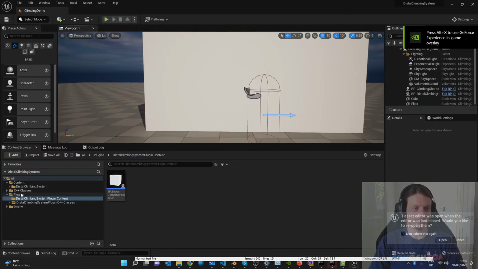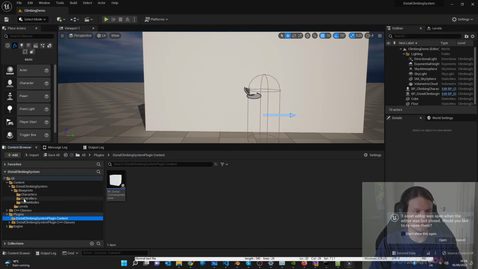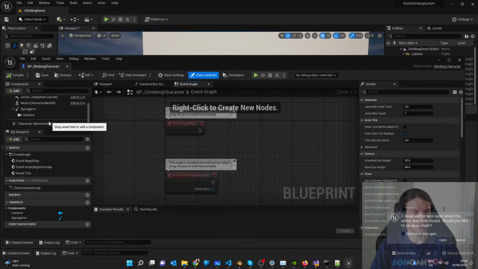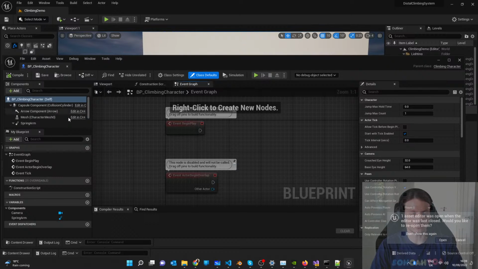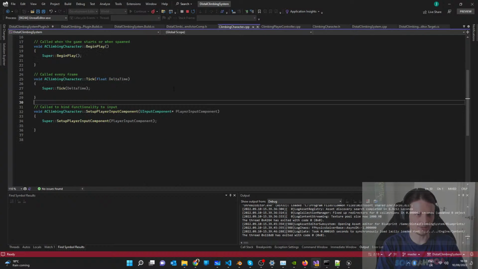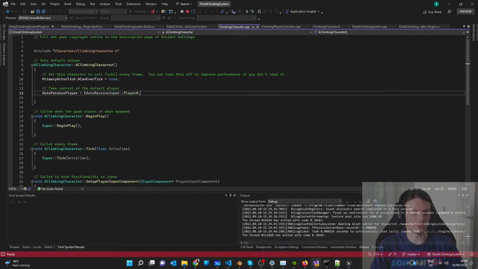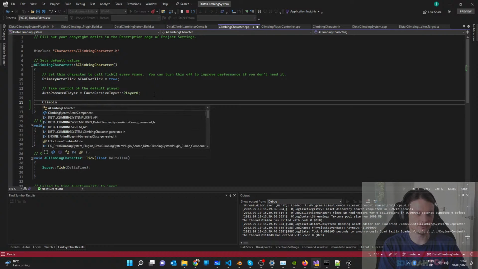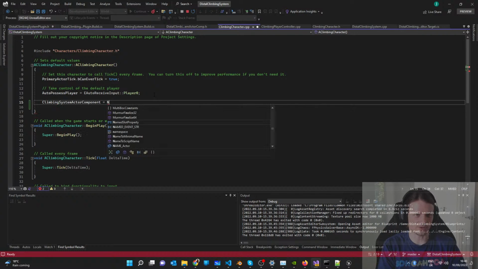Good. So now if I go into my character, I should see my new component. Well, I need to new it up, don't I? So if I'm going to my climbing character and I go to the initialization, I'll have to say something like climbing system actor component equals a create default